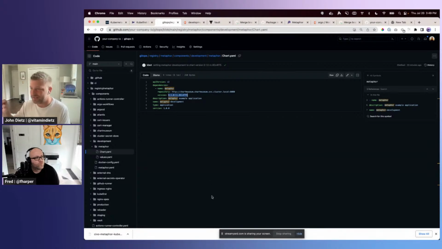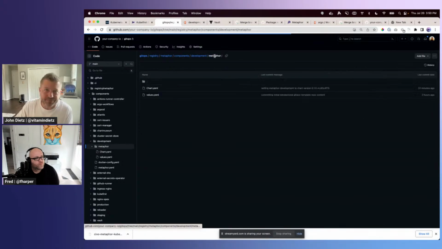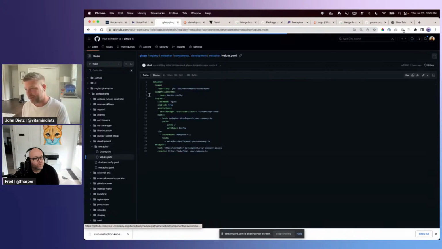So when you look at our CWFTs, you may be a little bit confused, like, what are you doing? All you're doing is setting something in Git. How is that a deployment? That's a deployment because of the GitOps practice and because there's this Argo CD engine watching all of the directories in this registry, and anything that's different in the desired state from the actual state, Argo CD is just going to wake up and try to reconcile. And as long as it's successful, no problem. If there's any error, it'll tell you about the error. So with that in mind, each one of these instances also has a values YAML implementation.